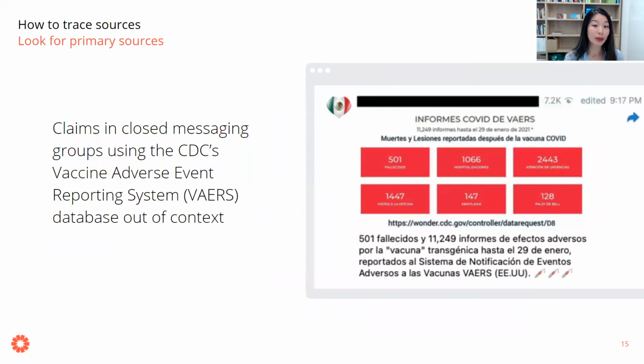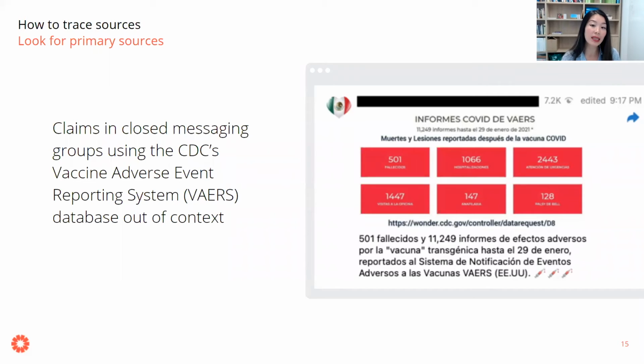Here's a third example. One thing that has been circulating a lot in some Spanish-speaking closed messaging groups, like on Telegram and WhatsApp, are some claims that used data from the CDC, but out of context. If you go straight to the source, the CDC says this system called Vaccine Adverse Event Reporting System contains information on unverified reports of adverse events, and that reports are accepted from anyone.